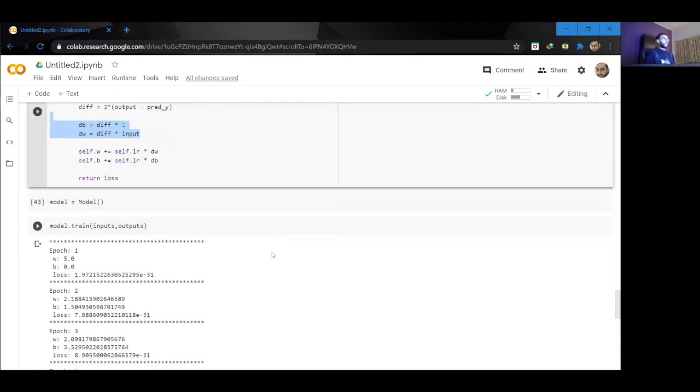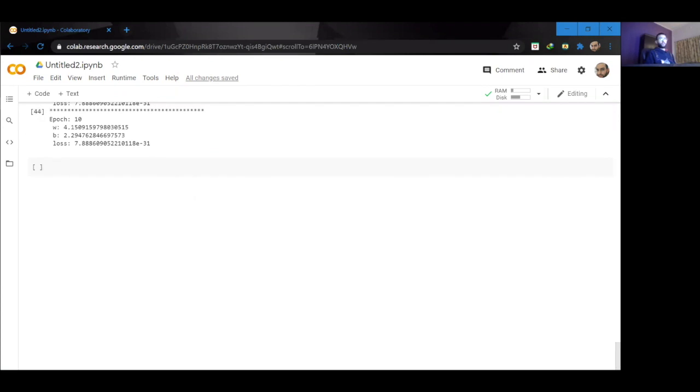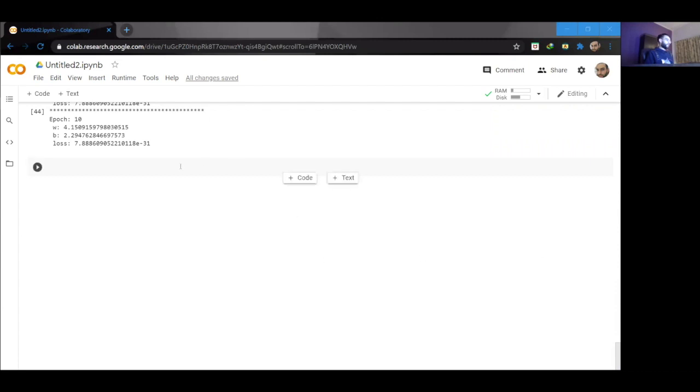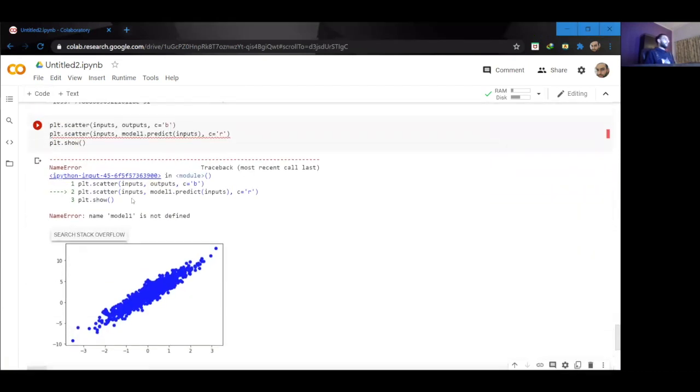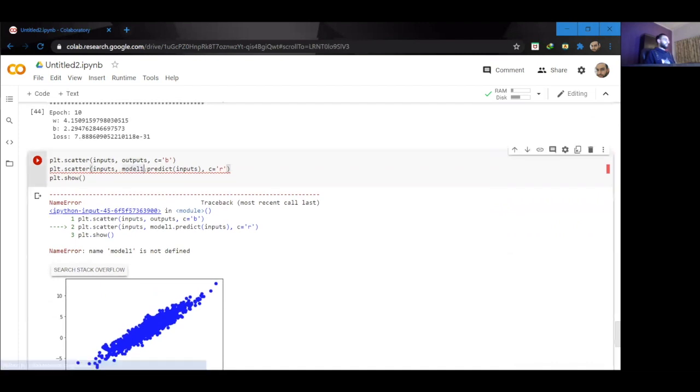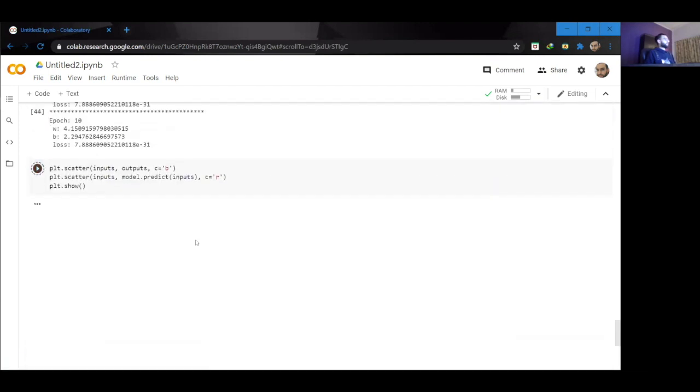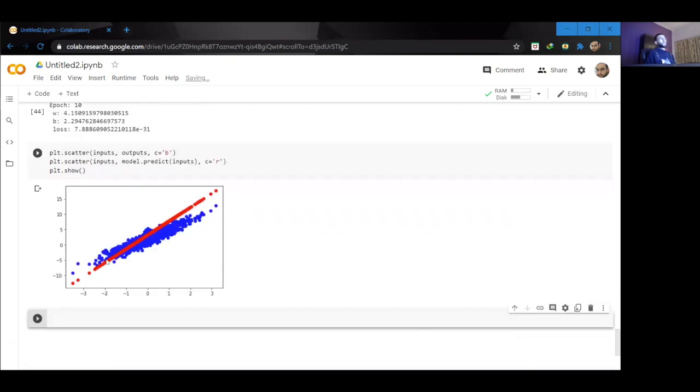So if we look at the graph, or how good the prediction is, I'm going to draw a graph. As you can see, this is not a very good model, but we are not actually trying to create a very good model.